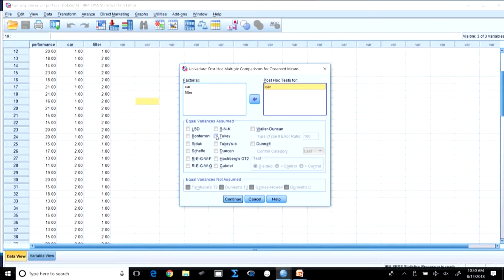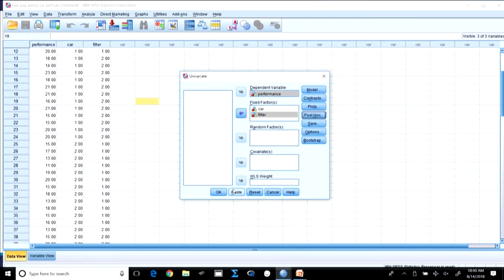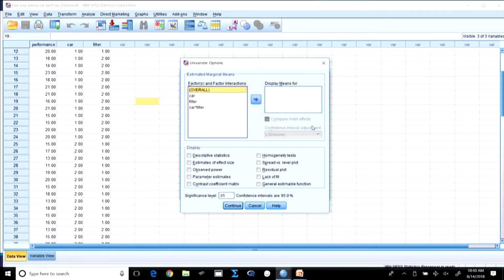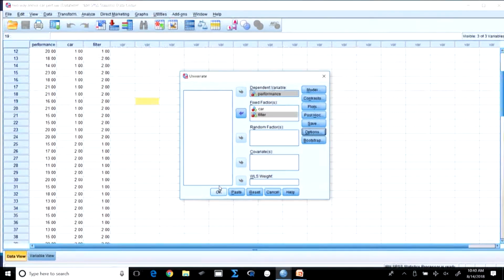Okay. And the most effective method is the Tukey's method, which we will use, right. So, there are 3 methods; in fact the LSD method is also used and Bonferroni is also used when there are small samples, but we will use the Tukey's method, right. What are the options? So, I need to see the means for all 3, right, and I want to compare the main effects in case my interaction effect is not significant, then I will use that. So, these 3 things I require and I continue and I go to OK.